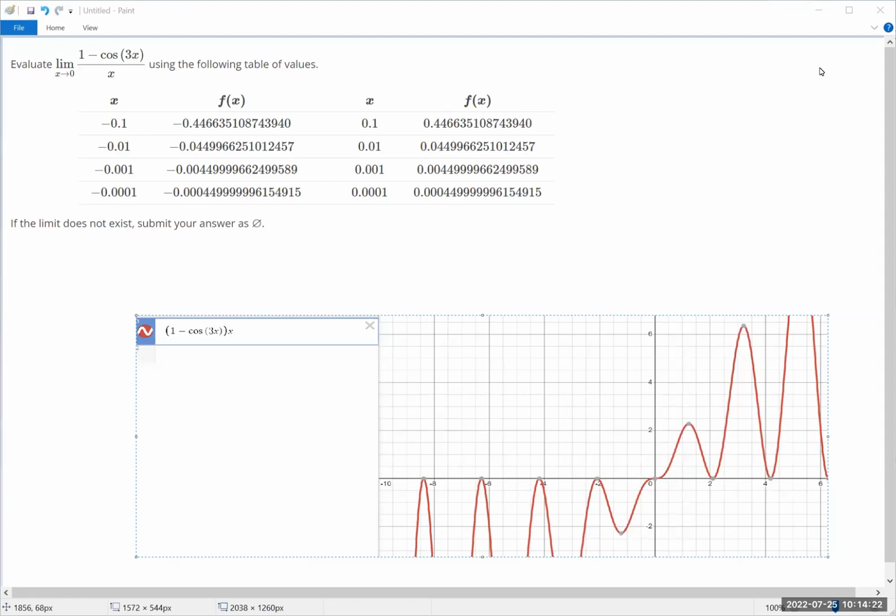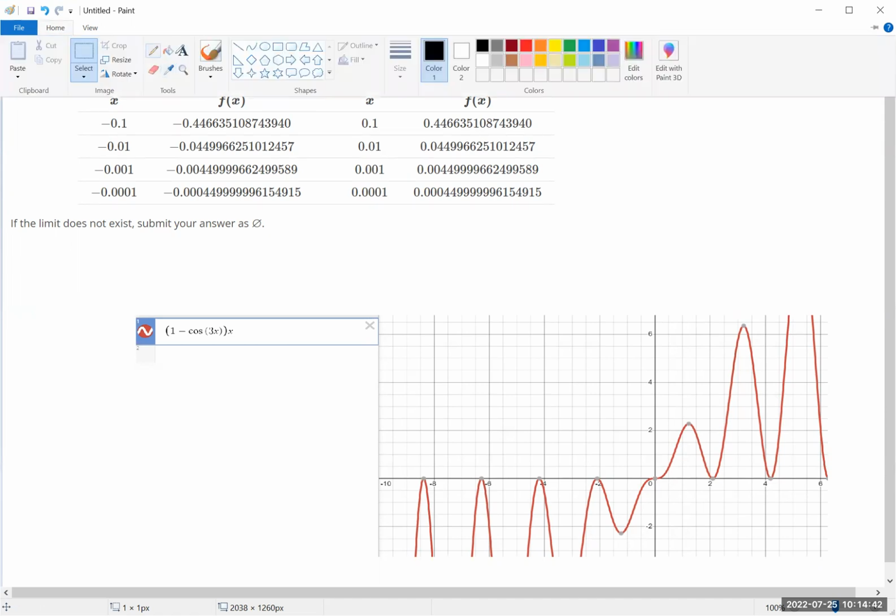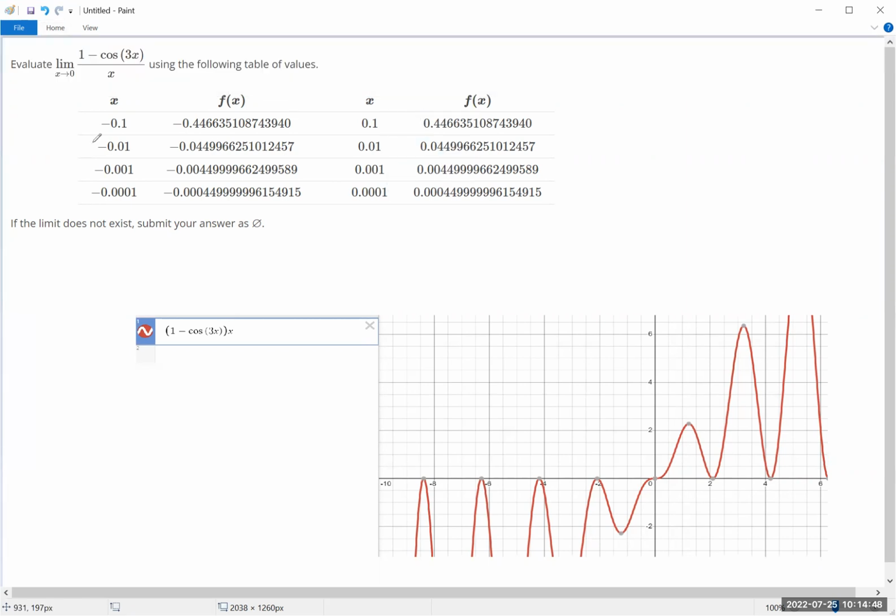All right, here's a problem that you might run across that has a little bit of an issue that we might want to consider. And the problem says evaluate the limit of 1 minus cosine 3x over x using the following table of values. And so what you might find when you do this problem is that you notice that